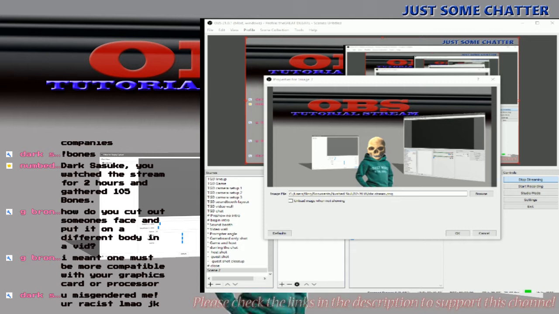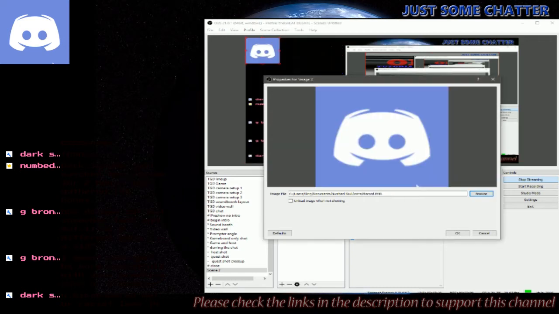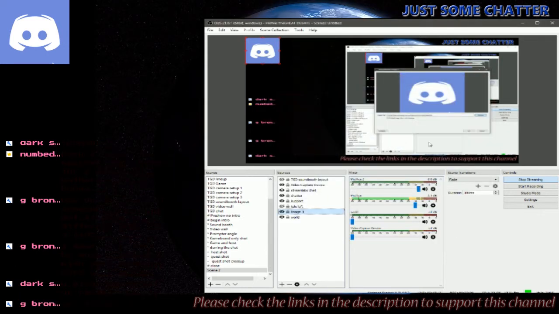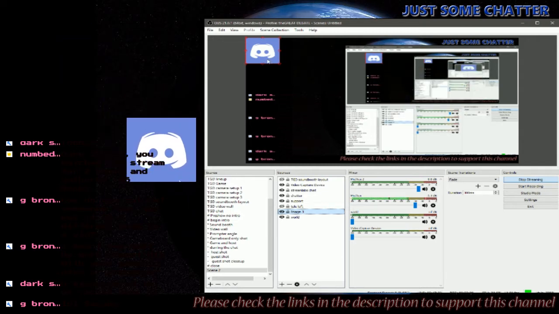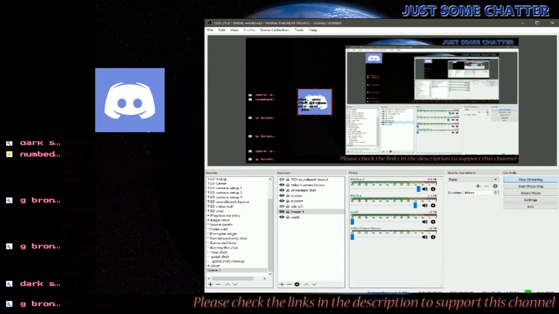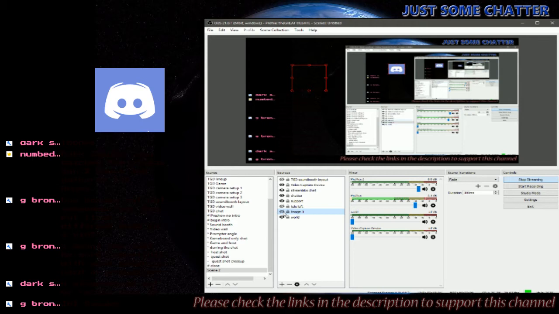What is a good way to do this? What is a really good way? Let me find icons. Do I have icons? Okay. We're going to take this and we're going to bring it in. And then you guys should see that Discord logo. Okay. Let's say I don't like the blue on the Discord logo here. I need to put something in the back there so you guys can see what is going on. Alright, so that's image 3 right now.